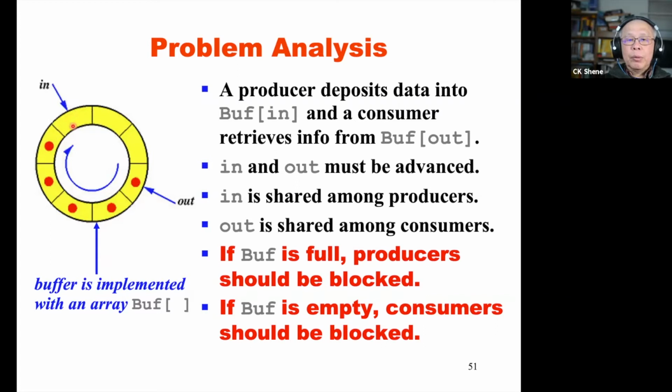By the same reason, out is shared by all consumers. Of course, not all producers would want to add, and not all consumers would want to retrieve. But as long as there could be multiple producers who may access in or multiple consumers who may access out, then we have mutual exclusion situations. Not only this,